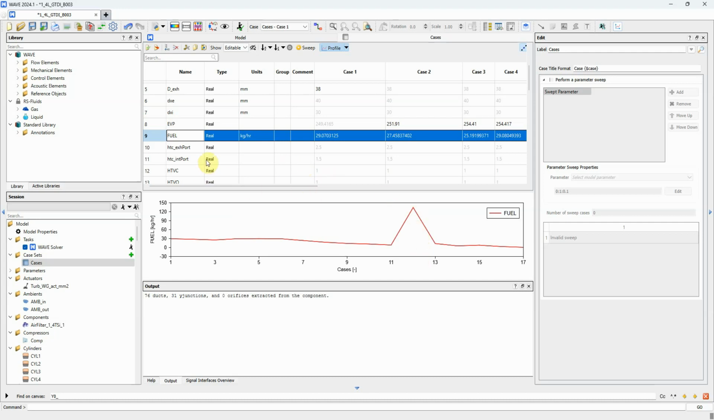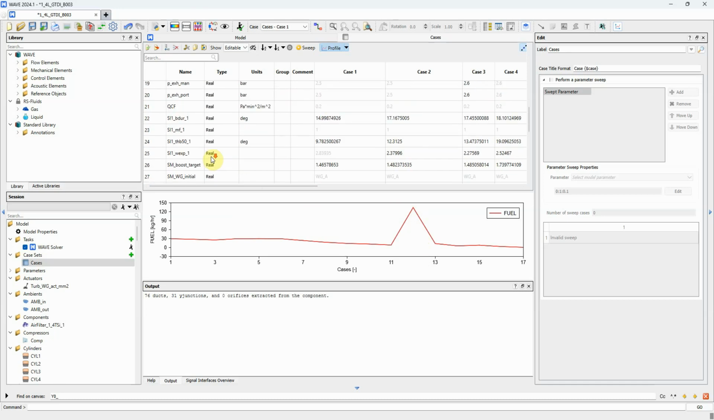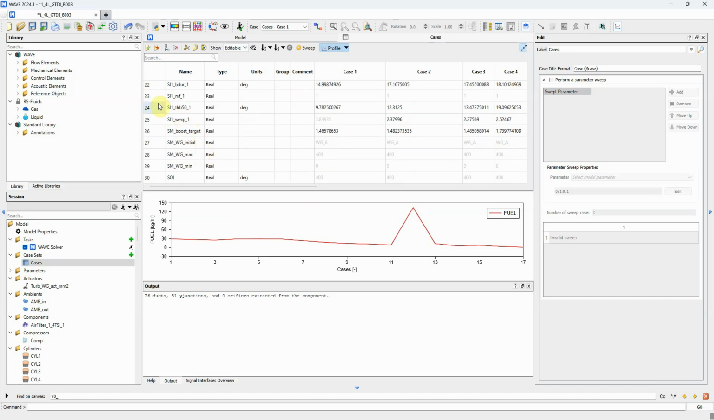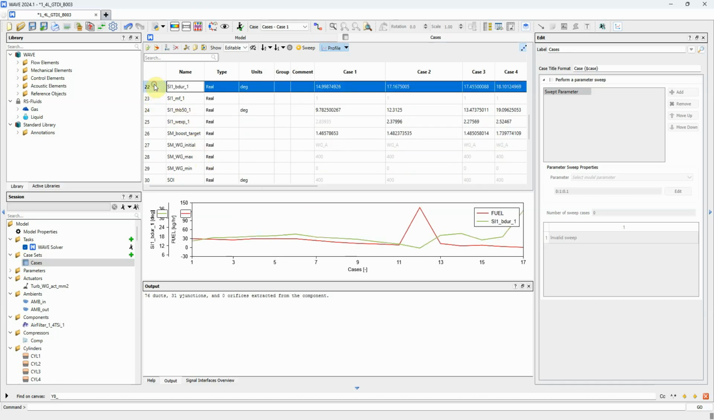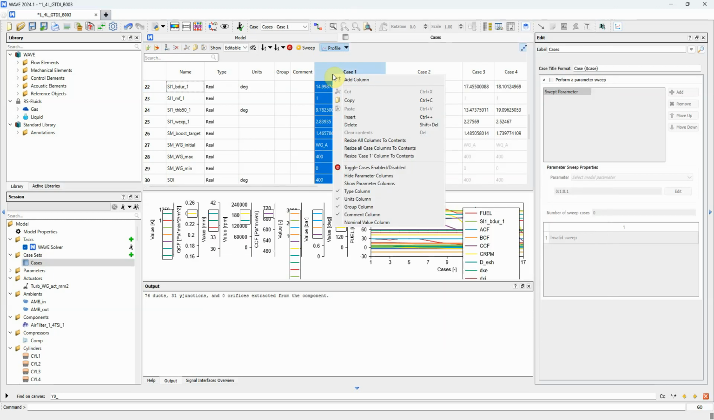In addition, we can cross-plot parameters. So for example, I can cross-plot fuel against the burn duration by selecting multiple rows. Each parameter is plotted on its own y-axis if their units are different, and parameters with the same units are sharing the same axis. Other useful enhancements of the case table include the ability to quickly resize all columns to contents,